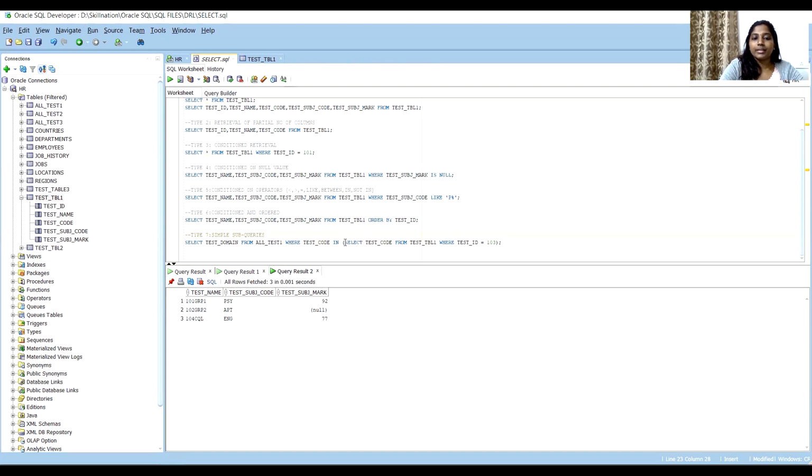There is a query. What you should understand by a subquery is that you are using a query result. You select a value, select test code from one table where you give some condition, and the result of this select query will be used in the where clause of the outer query.